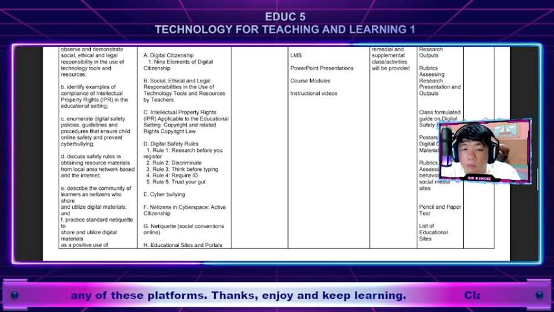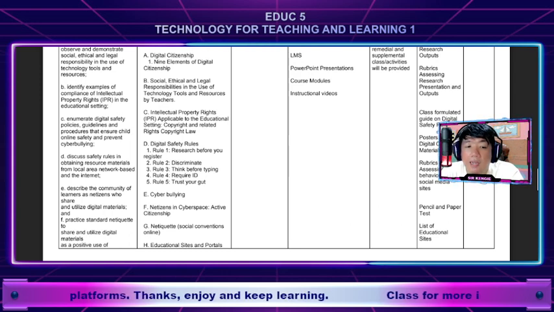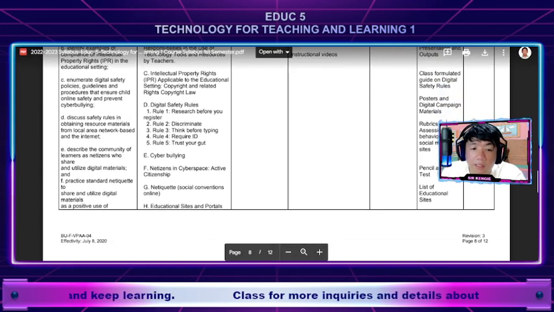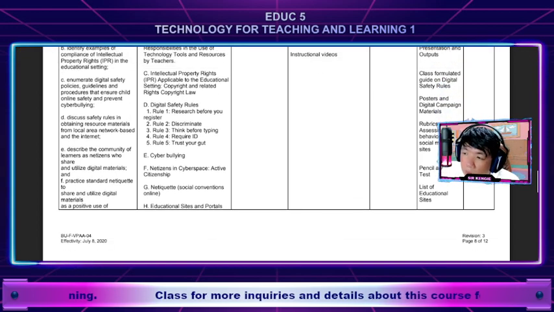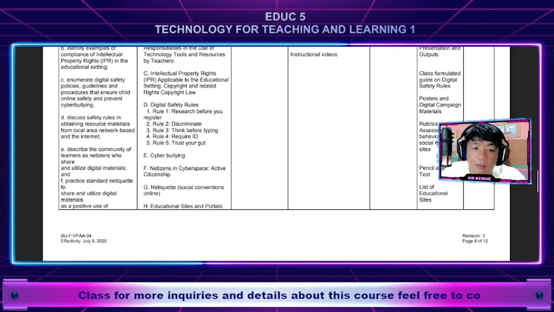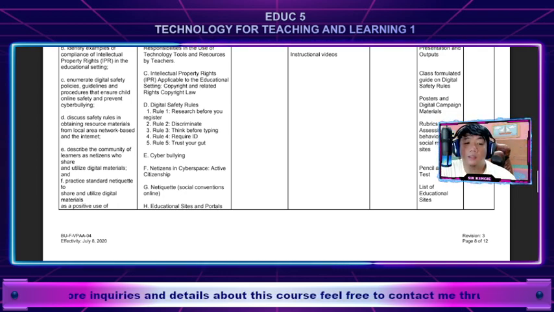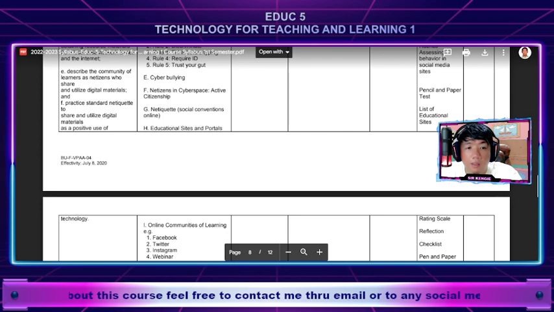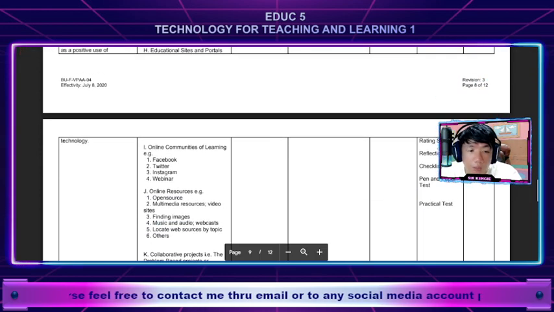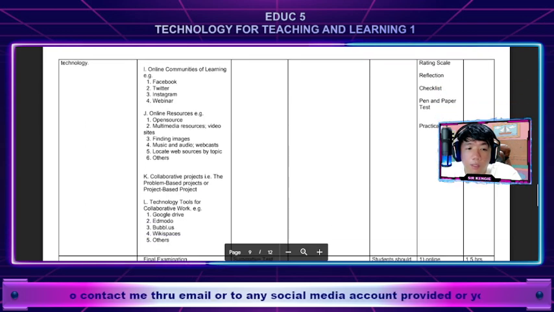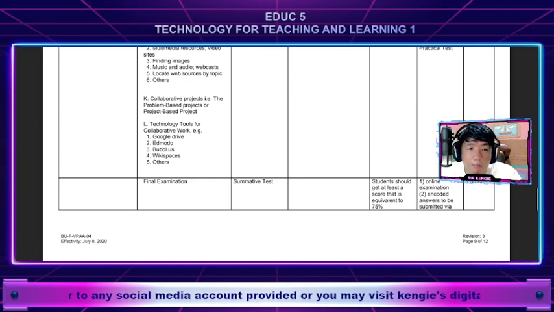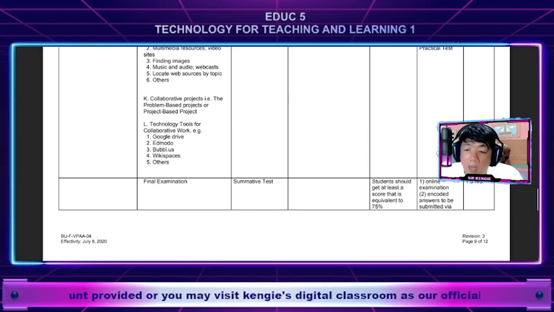Next is about how to be an active citizen for the netizens in cyberspace. And we also have netiquettes, or how to be educated and mannered using technology. And the last remaining topics are educational sites and portals, learning platforms or online communities for learning, online resources, collaborative projects, problem-based projects, and technology tools for collaborative work. So yan po ang ating coverage ng